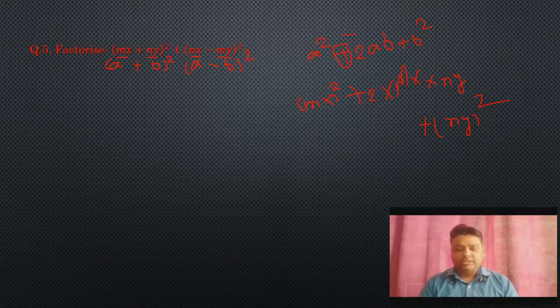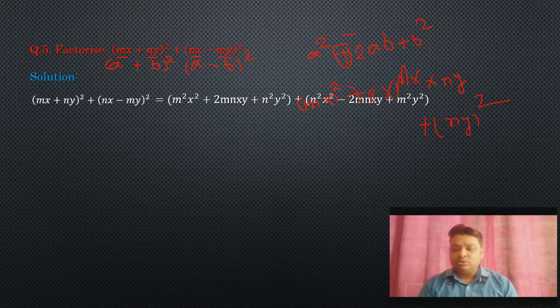Now it means we can say that if we solve based on this, then here you can see that mx to the whole square means m square and x square. Now 2mnxy we can write here. Now same as plus 9 square n square and y square. Okay, same as we will write here. What will change? Here nx is the value of a, and my is the value of b. So n square x square minus 2mnxy plus m square y square.